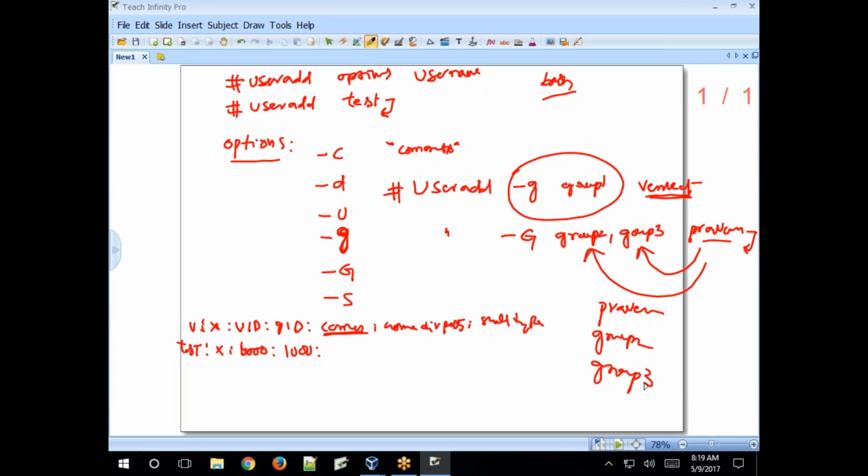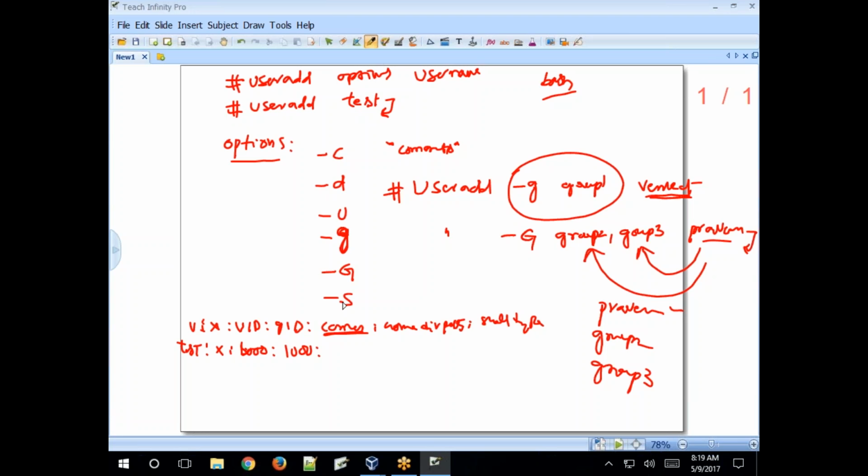Small g changes the primary group to a different group name, rather than the same name as the username. So at the time of creating a user, just specify different groups, then that user will be added into those groups, and one primary group will be created with the same username. Clear?